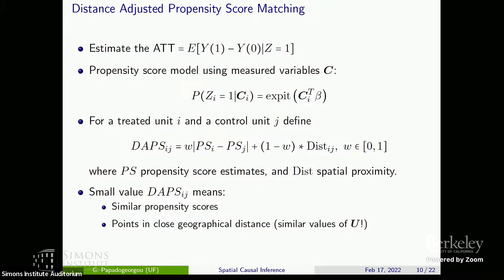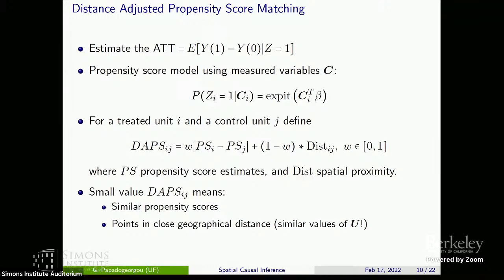Now, if we want to estimate something like the ATT, and I'm sure I'm talking to you, so this is great, I could go really fast. If all of your confounders were measured, you could estimate a propensity score and match on that propensity score. But now, not all of the confounders are measured. We also have some that are unmeasured, and we also want to adjust for them.